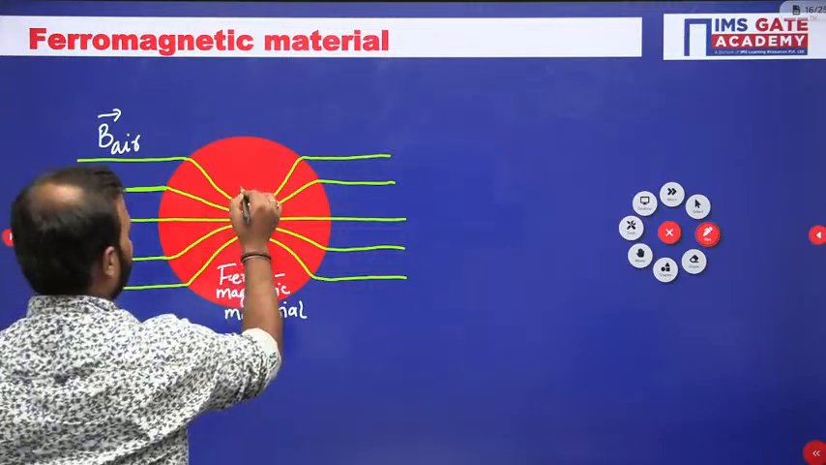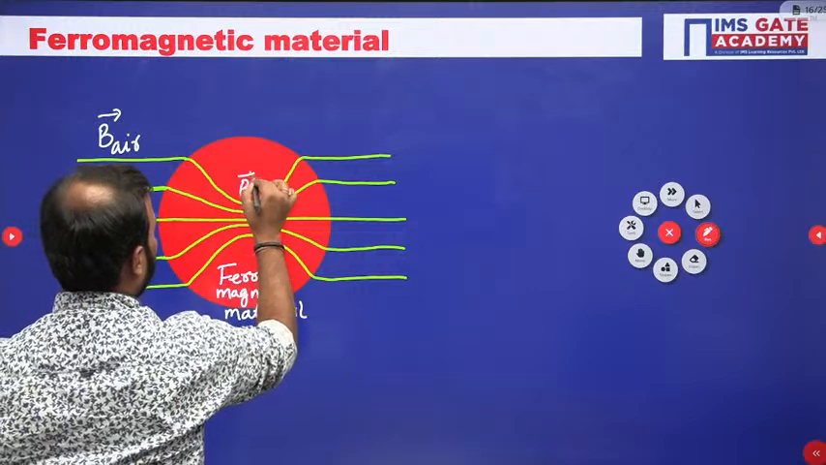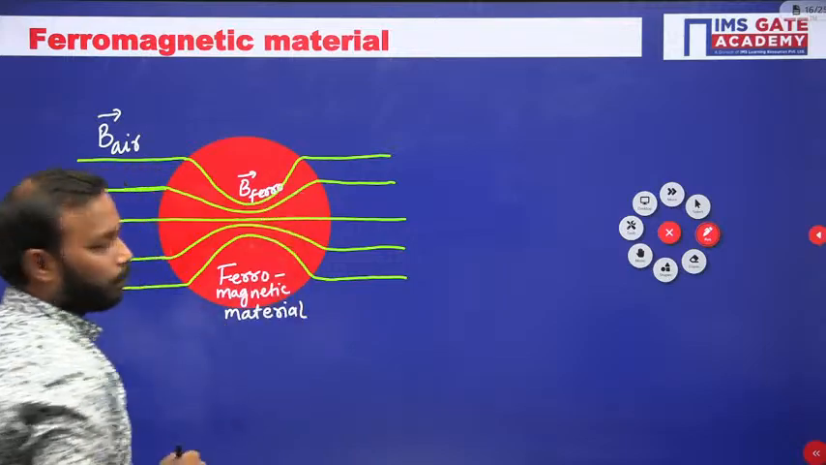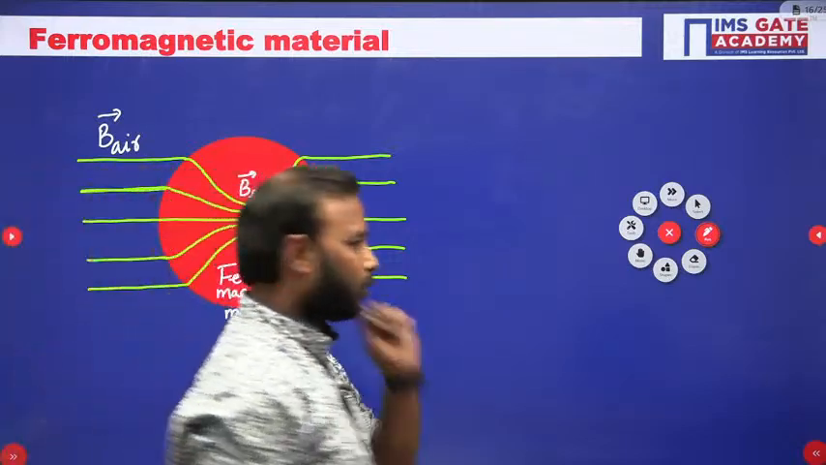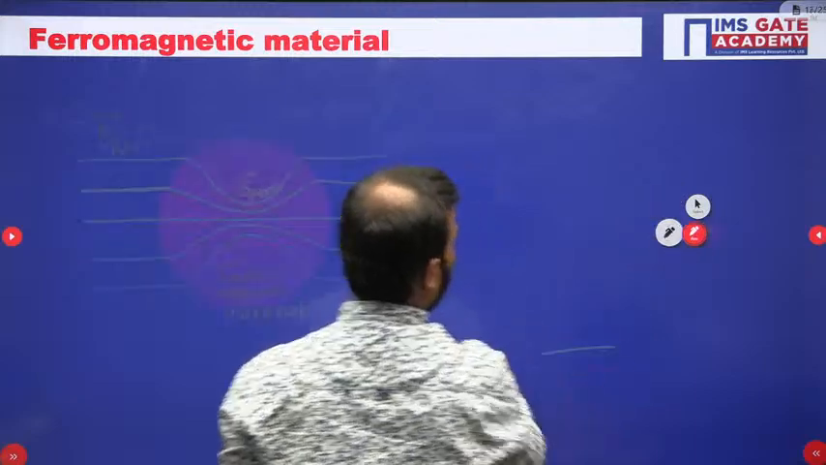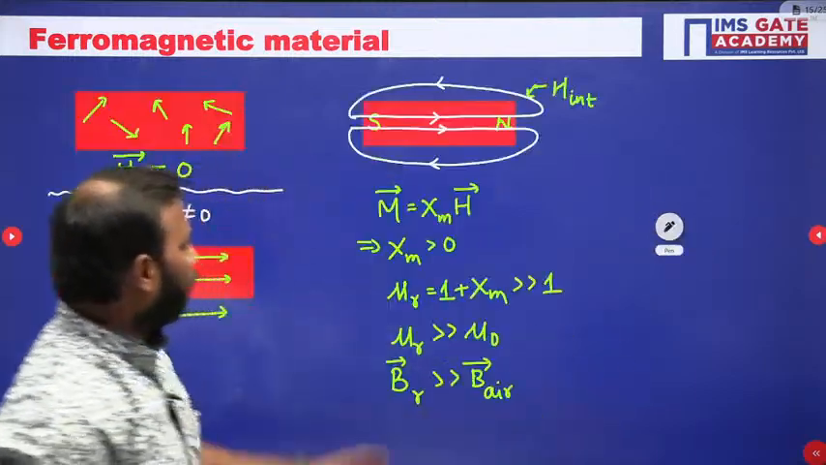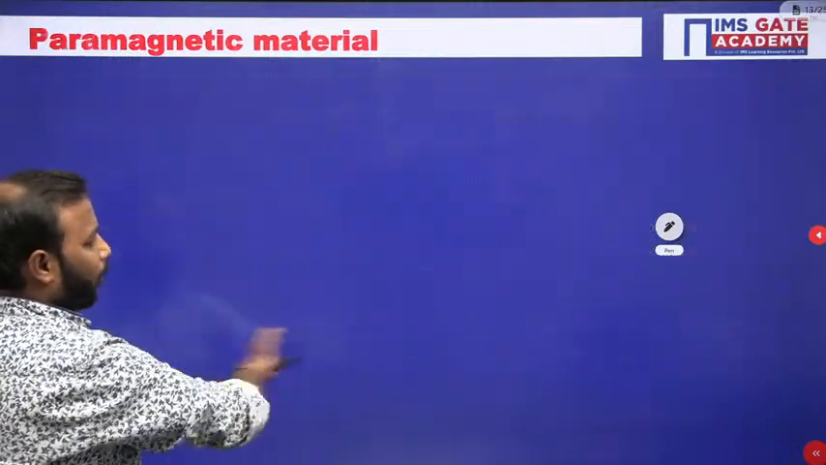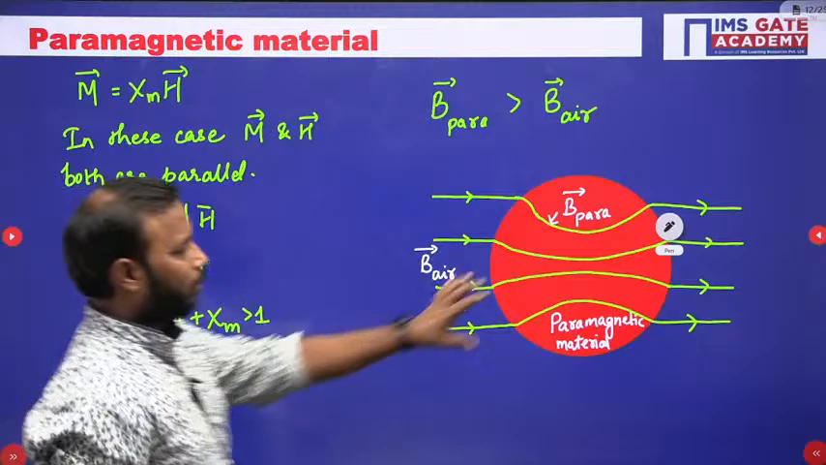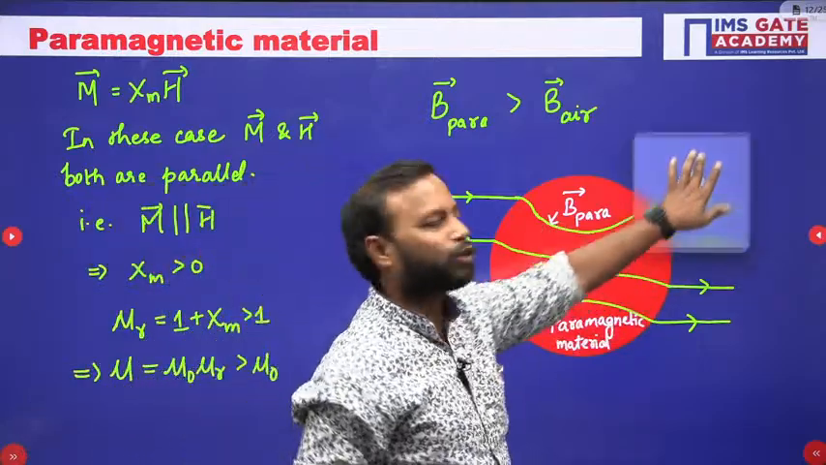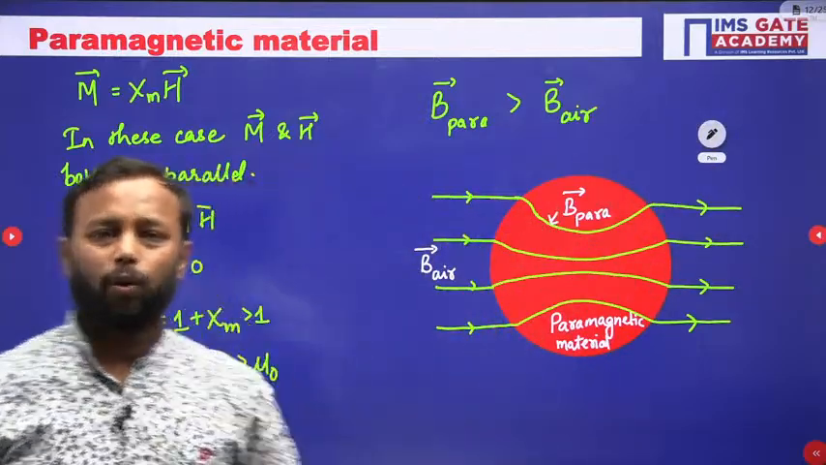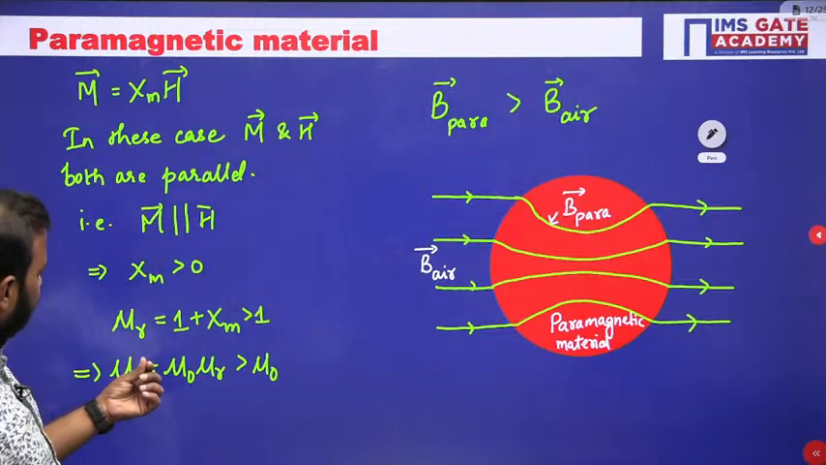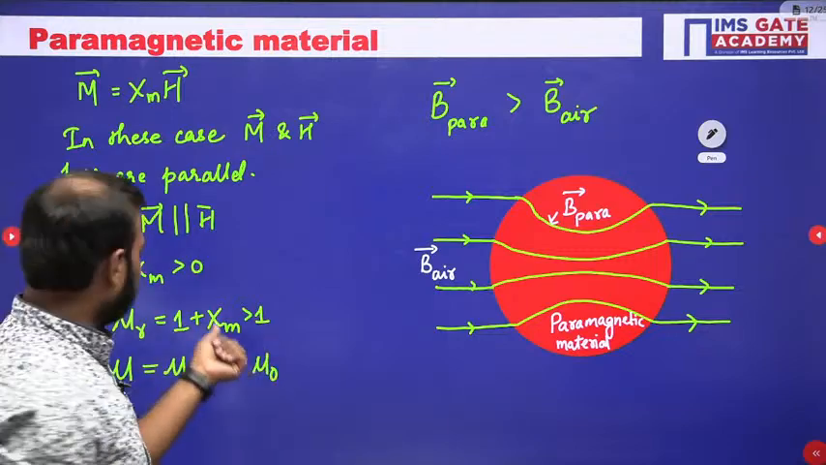So therefore, B of ferro. Any doubt? So see, if you see this diagram, and the para one, which is here, it seems to be the same. But it is not. Why, sir? The reason is this value chi m